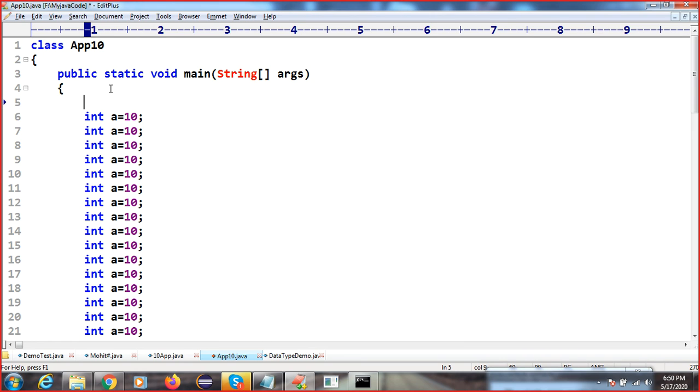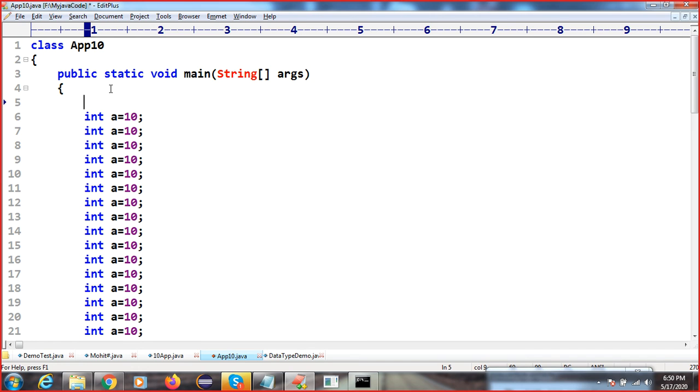So in an array, you can store multiple elements in a single variable. Why did the array come? If you want to store multiple elements, multiple objects or multiple values, then we should go for an array.